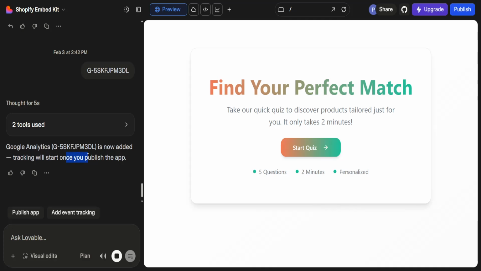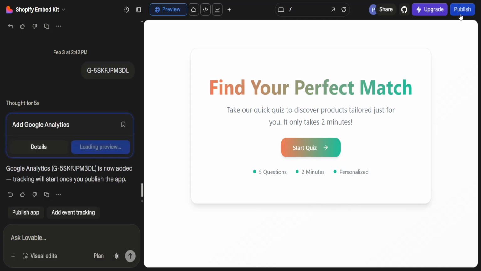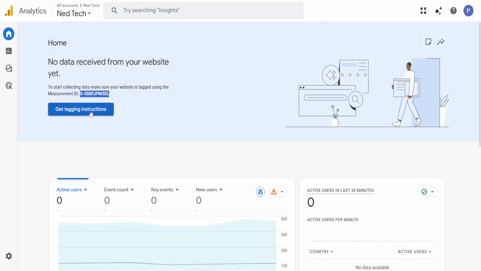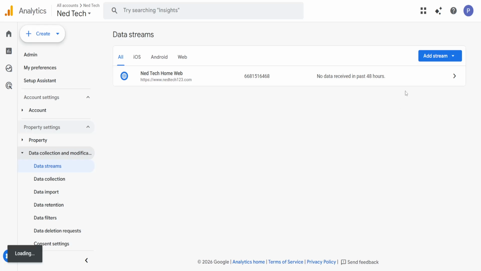The tracking is going to start once you publish the app. Okay, so we have to click on publish, and right here we're just going to copy our link. So I'm going to copy our link, go back into Google Analytics, then get tagging instructions. Then we're going to click on